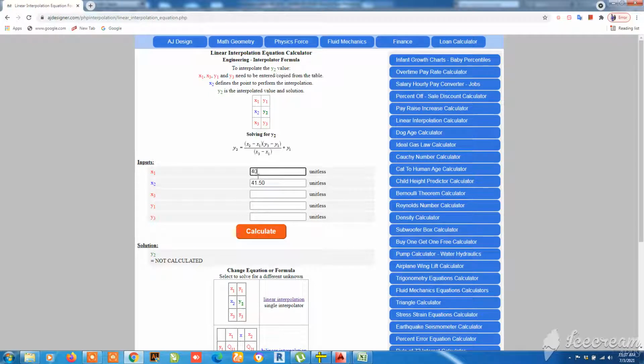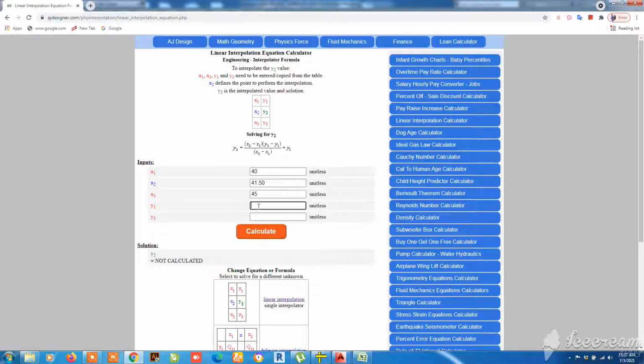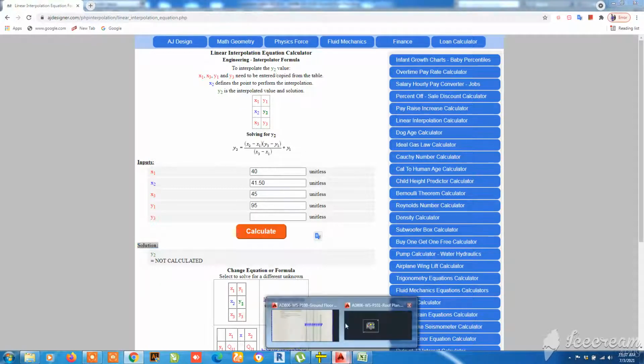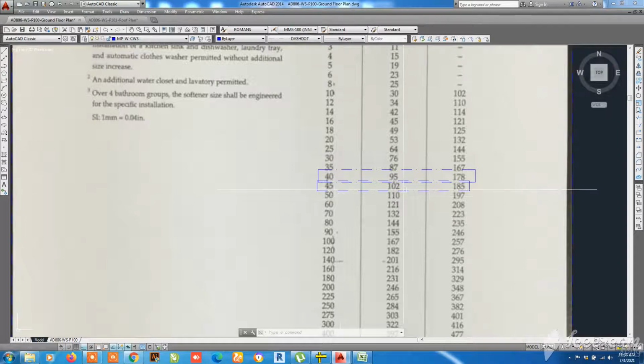This one is 40 and x3 is 45. Okay, and y1, how much? Again we need to go to the code, 95. Again we need to see in 45, 102.